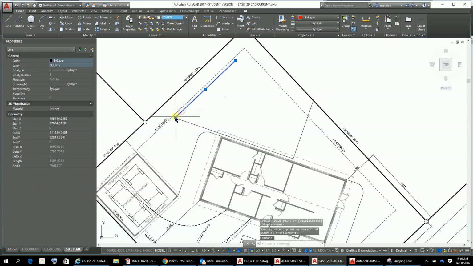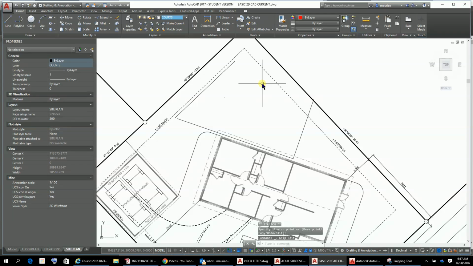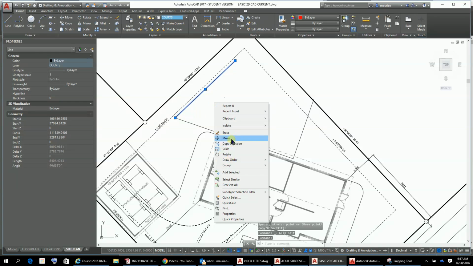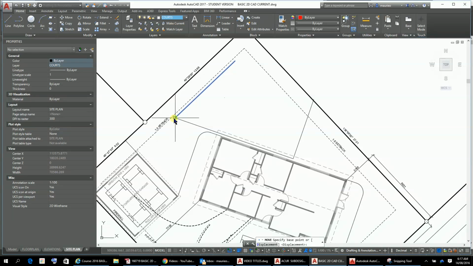Okay, oh, I'm going to move it to the end of there. Okay, oh, that didn't work. Control Z. I'm just going to go move. Okay, move from there to there, like so,